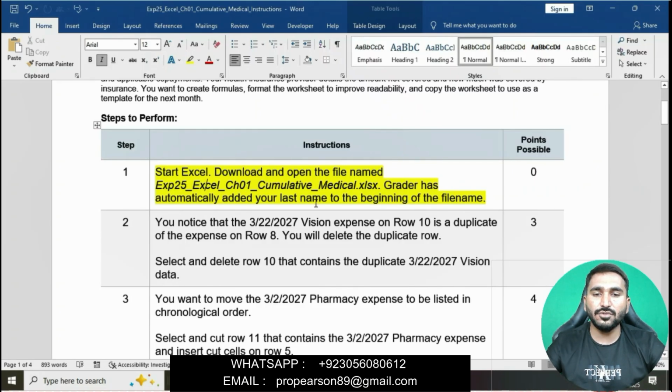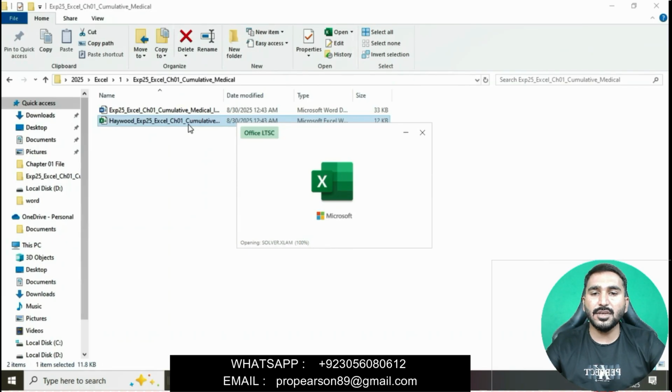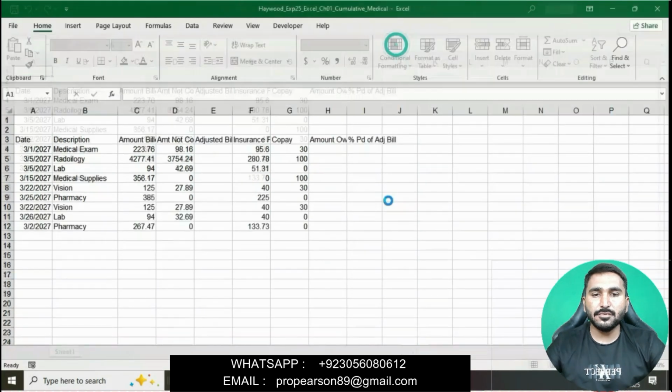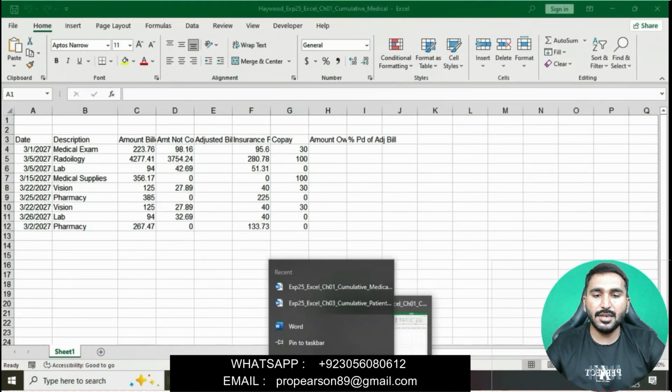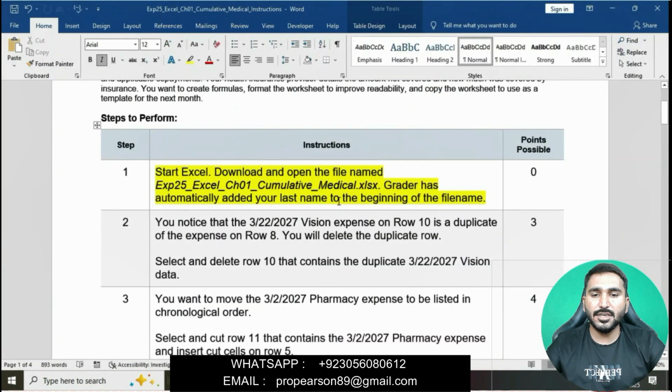I have also downloaded this file from the Pearson portal. Now I am going to my download folder in my PC and opening this Excel workbook. Click on the enable editing button, then start our assignment.